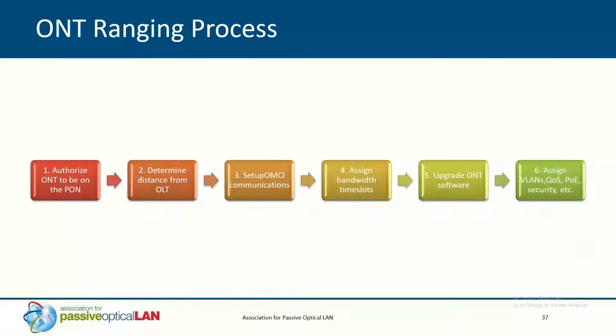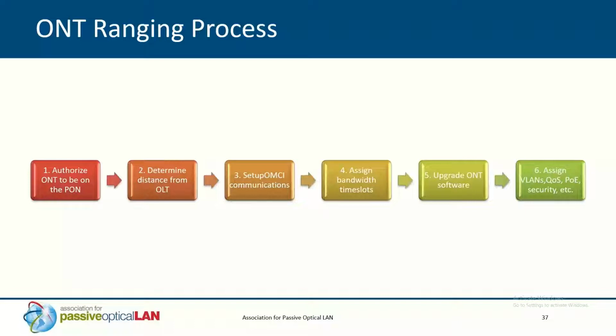So again, in the interest of time, I want to make sure that Jeremy gets the time he needs here. But the ranging process in a nutshell: you have an ONT connected to your fiber infrastructure. It initiates a registration up to the OLT. The OLT learns the capabilities of that ONT and then starts talking OMCI so that you can configure and monitor it. The serial number is learned by the OLT, and you can manually assign that to the virtual port, or one of the more common methods now is to let it auto assign. That serial number is right on the side of the ONT, or an FSAN number. Your field tech can read that and be sure that the ONT you're monitoring or configuring is correct.